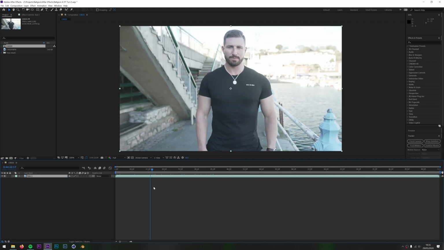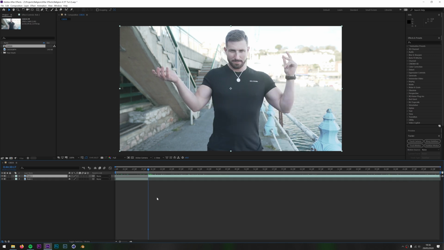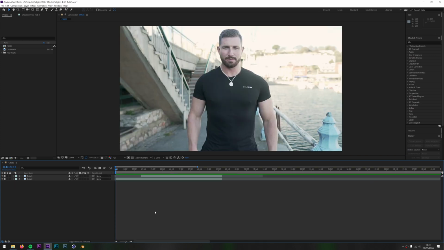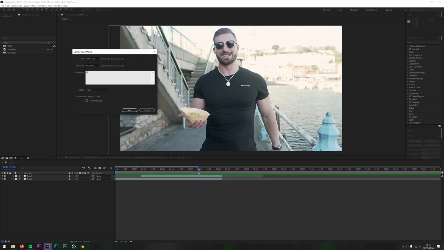Then find the part you want to use, right click, Trim Comp to Work Area. Find the frame you want the transition to happen, then split the layer. Trim this layer to the part you want to use and drag it on top. Now you want to find the frame you want to print off. So stop on the frame, hit the star key, double click the marker and rename it.